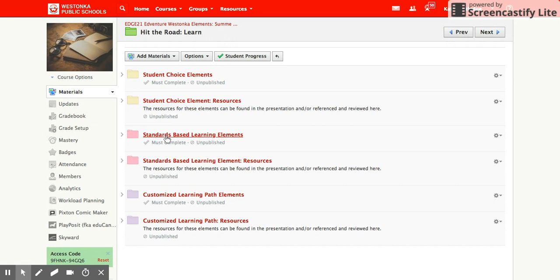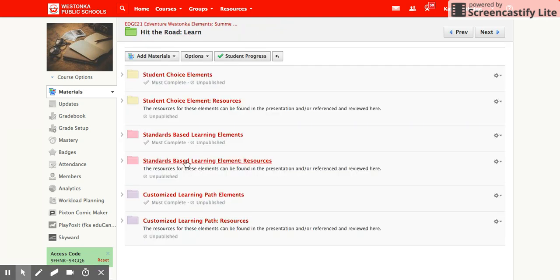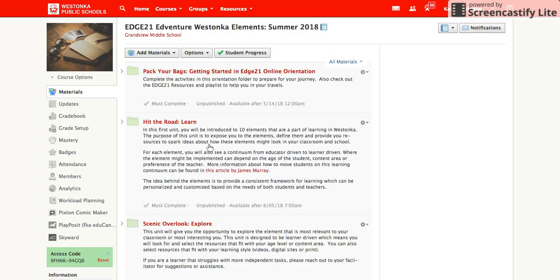The same is true for the standards-based learning folder. When you open it up, there's a discussion post that contains a link to a slideshow. So after you complete the slideshow, then respond to that discussion question. Again, there's a folder with resources, and the same is true for that third pillar, the customized learning path. When you open up the folder, you'll see a discussion post and a slideshow that you need to view, and then suggested resources are in that third folder. So when you've completed the elements, the top element folder for each color, then you'll move on to the next section,